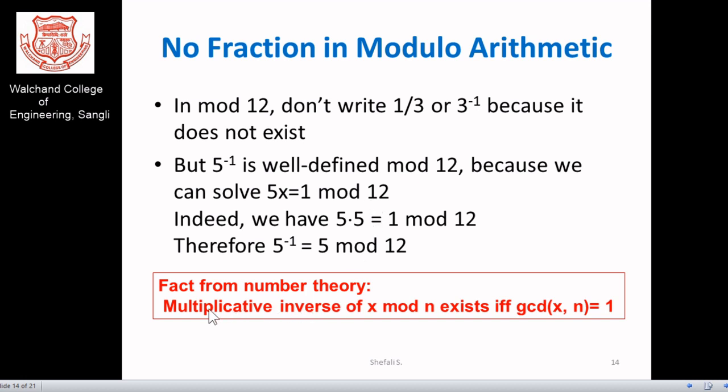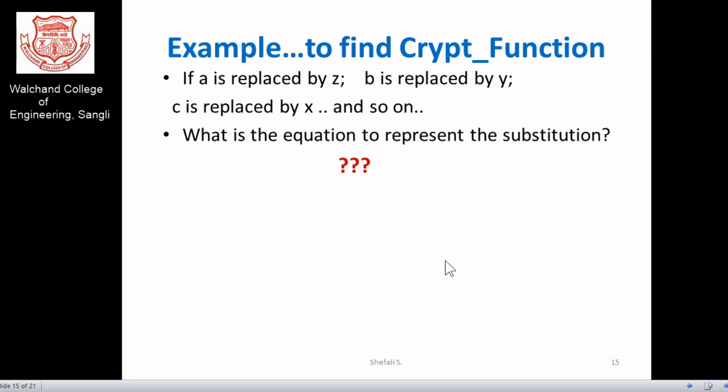So I can make the comment that multiplicative inverses are available if and only if the GCD of both numbers is 1. In that way the multiplicative inverse exists in this particular example.